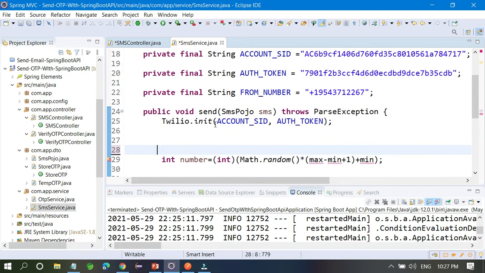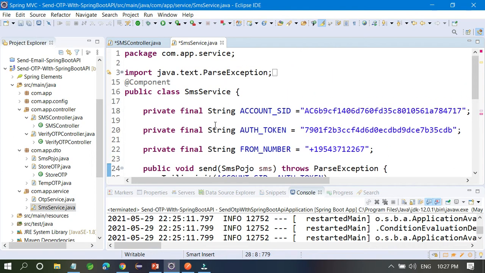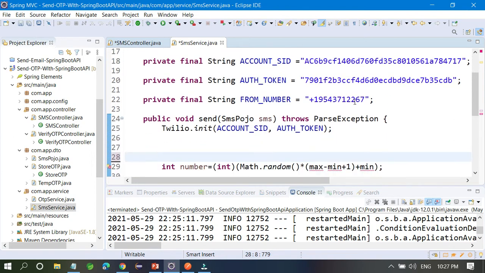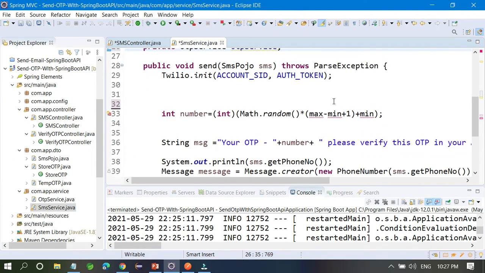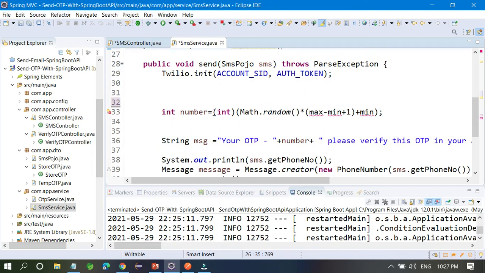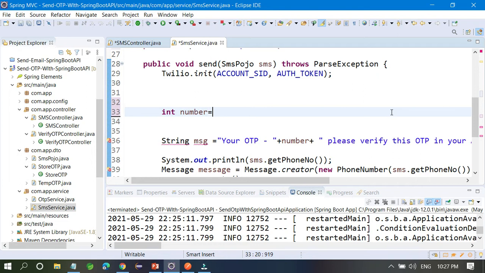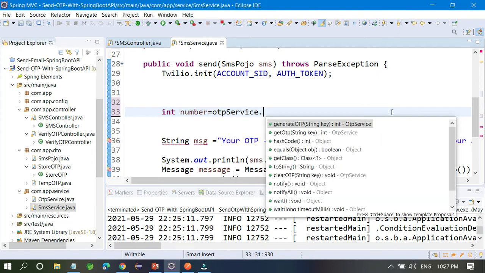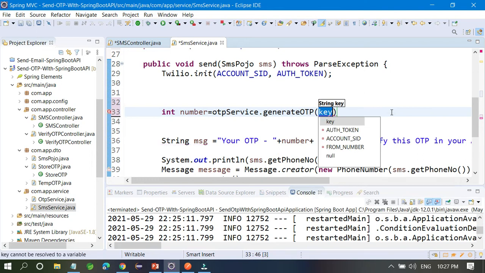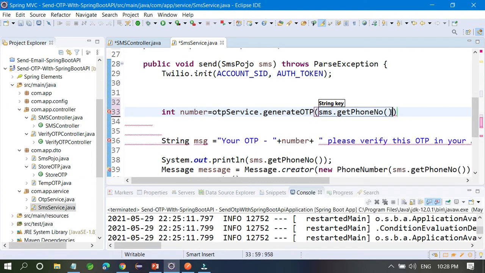So before this you have to create one auto add, this one, and then you don't want to write anything, just remove these ones and generate OTP like otpService.generateOTP, and you have to pass here the user key like sms.getPhoneNumbers, you have to pass and just close it.